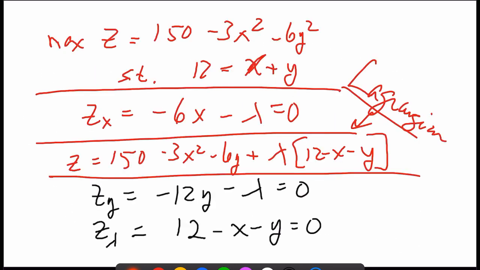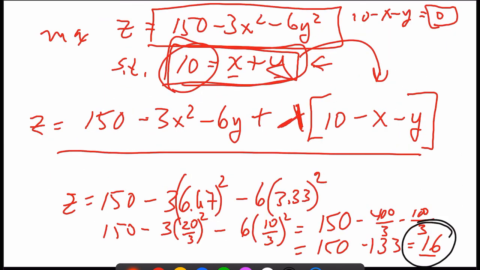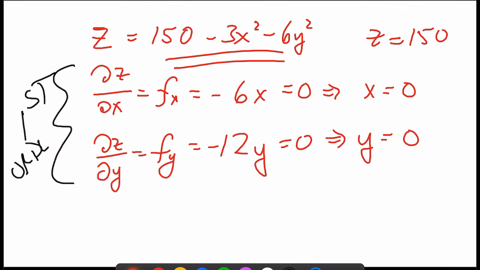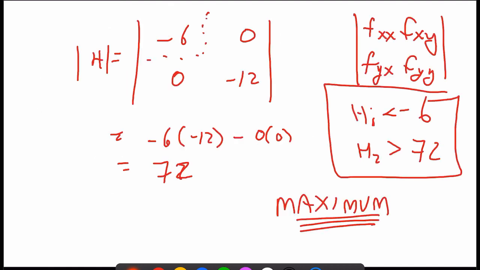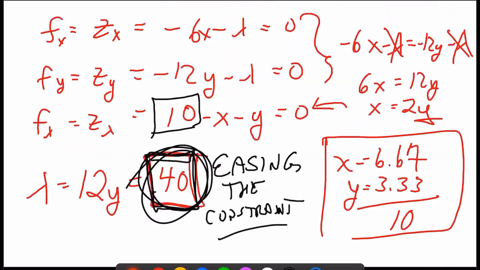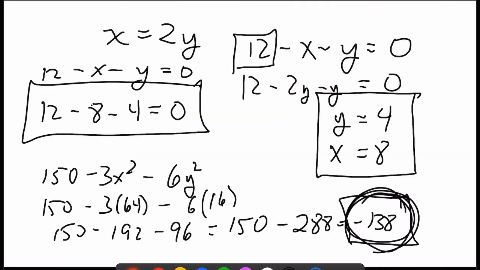Now, go back. Okay? These are the first order conditions, right? And these are the second order conditions. So if we have a generic problem, generic,